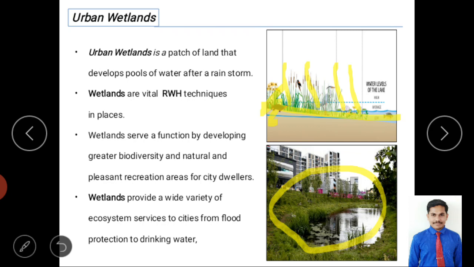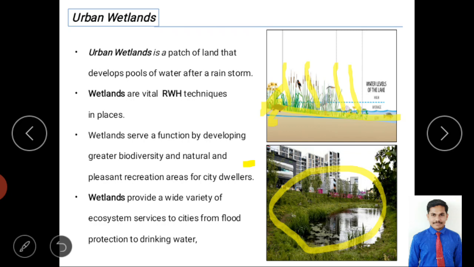So an urban wetland means an artificial lake. You can understand it as an artificial lake, and it even gives a good-looking, aesthetic appearance with natural conditions. You can feel it is natural, and it is used in some healing processes, right? Wetlands provide a wide variety of ecosystem services to cities, from flood protection to drinking water.